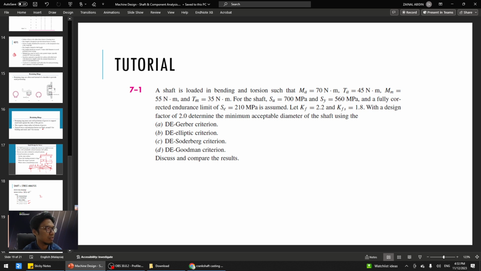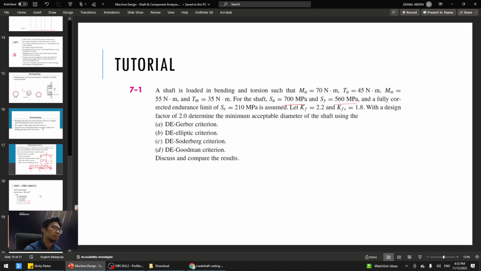For a shaft material, the ultimate strength of that shaft is 700 megapascal. The yield strength SY kat sini ialah yield strength awak berada pada 560 MPa,